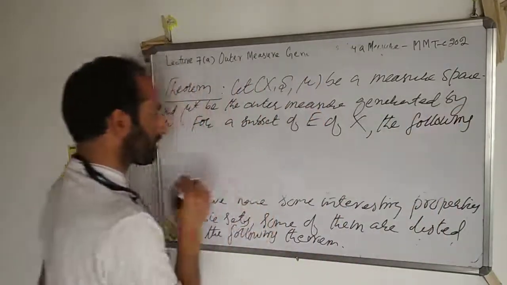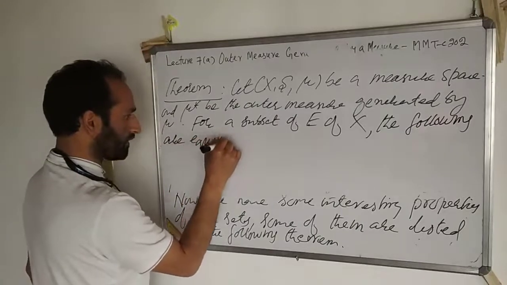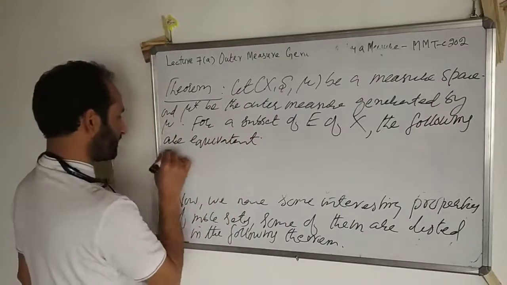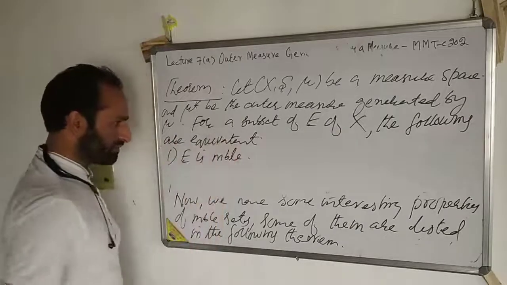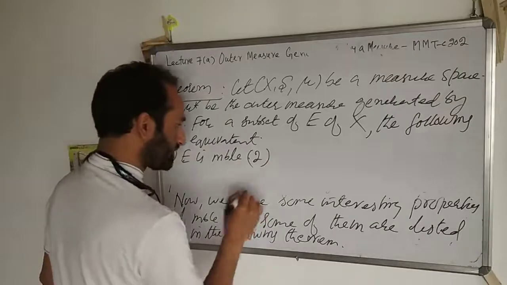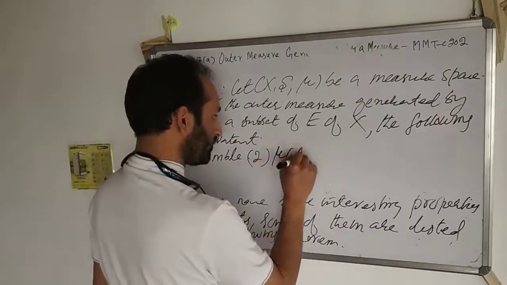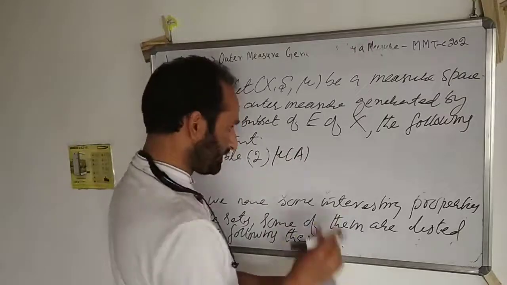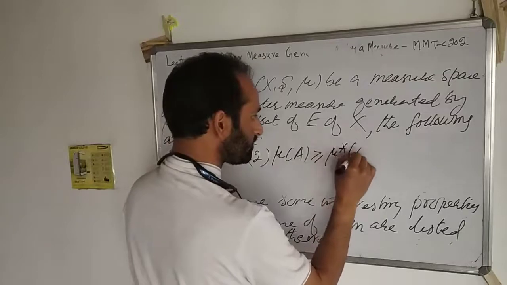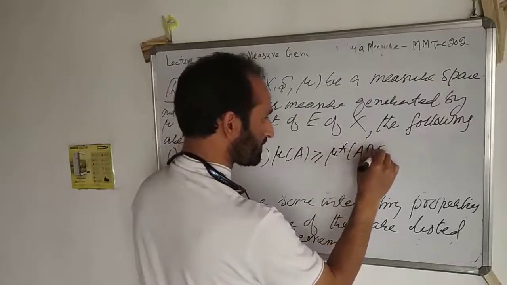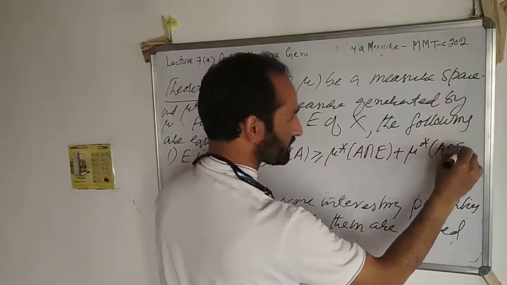First, E is measurable, and second, mu of A is greater or equal to mu star of A intersection E plus mu star of A intersection E complement,